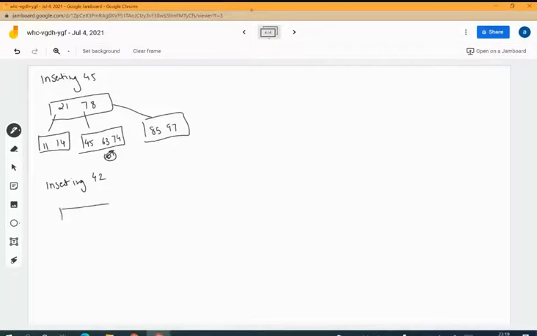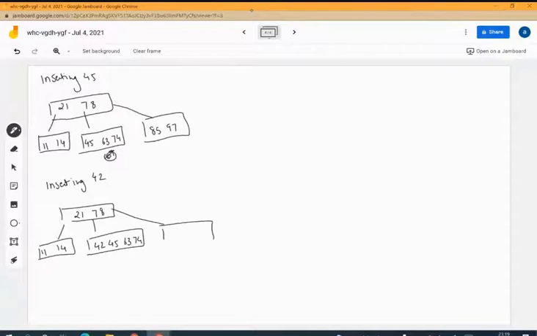So I will have 21, 78, 11 and 14 placed as it is. 78 के left में you will have 42, 45, 63, 74. And towards the right it will be 85 and 97. Correct? So this is after inserting 42. Now next element to be inserted. Okay, is there any overflow that is occurring here? 1, 2, 3, 4.